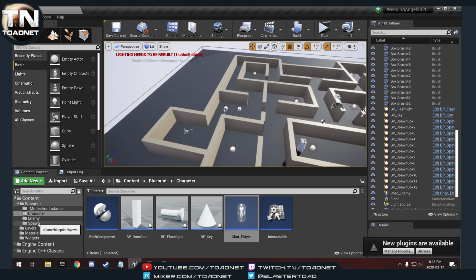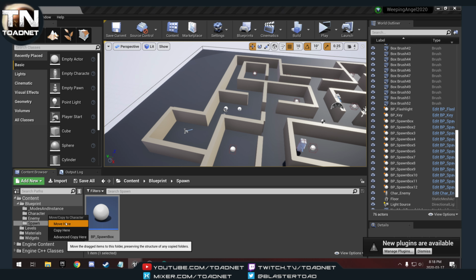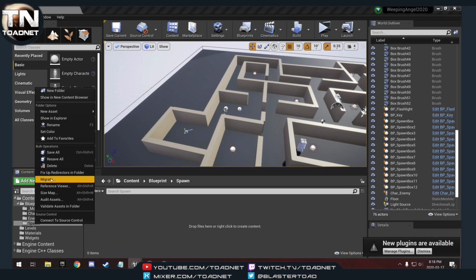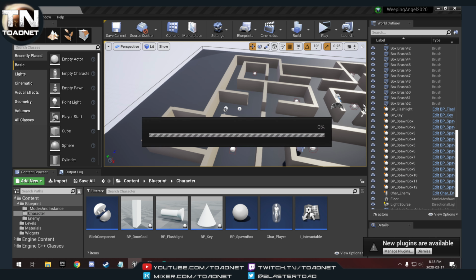So we are going to have... we really didn't need the spawn folder, did we? We're just going to move that into the character folder because we kind of got everything else there anyway. And then fix up redirectors, and then delete that. Yeah. Okay, so we have spawn box there. We need a new blueprint class